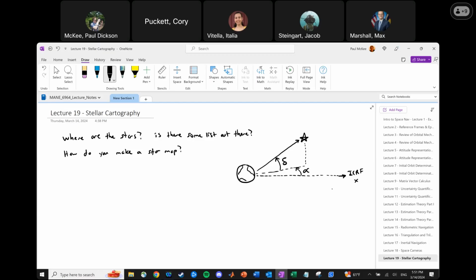That's called parallax, right? So there's a couple of other things that we might want to know as well. And so right now we're just having this discussion. We're going to write it down basically right now. But so these things that we've just described are what are called astrometric parameters, which are used to reconstruct an apparent line of sight to a star. So among other things,